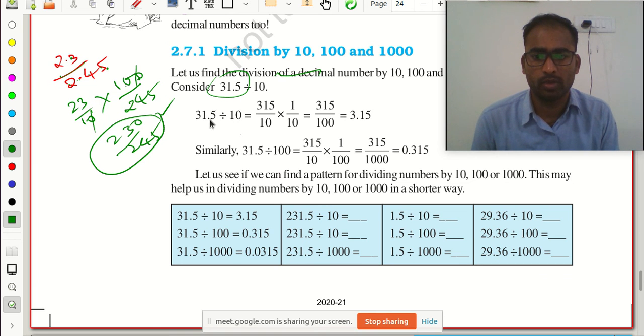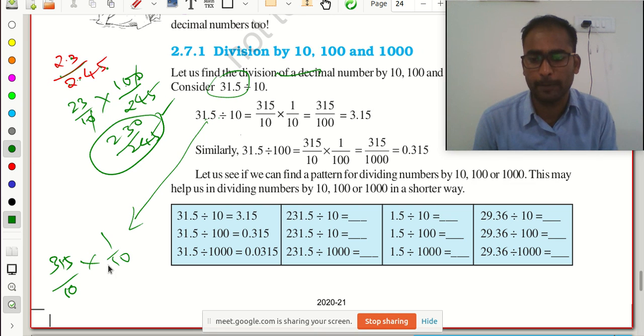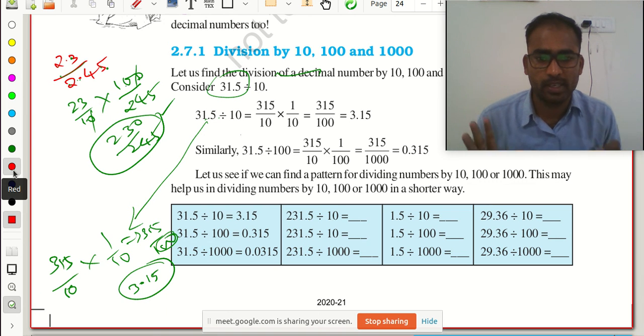Okay. So here already this 31.5 can be written as 315 by 10. And I need to divide with 10. So again I need to multiply with 1 by 10. Division with 10 means multiply with 1 by 10. So here 315 by 100. In this 100 two zeros are there, so I need to put the decimal before the last two numbers. This point is clear with you all?